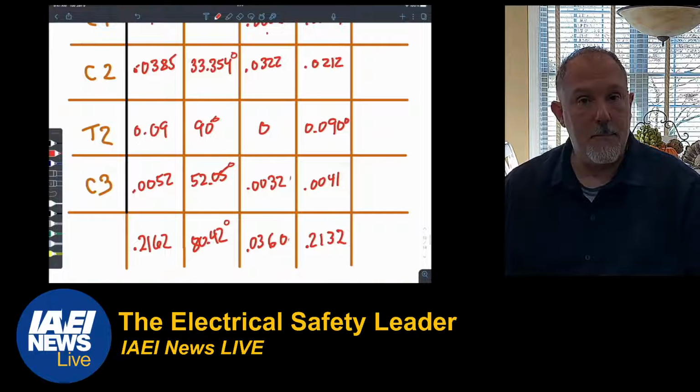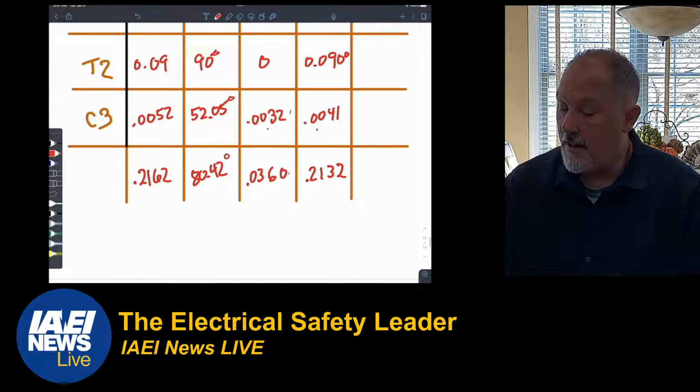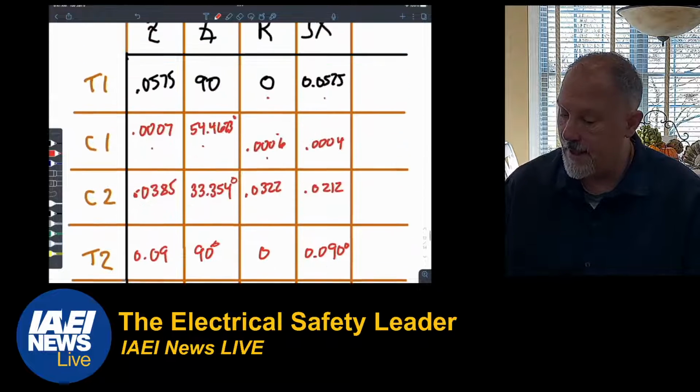And I have 0.09. There's my conductor 3, 0.0052 at an angle of 52.05. So there's my per unit values, and these are the totals. So let's now,